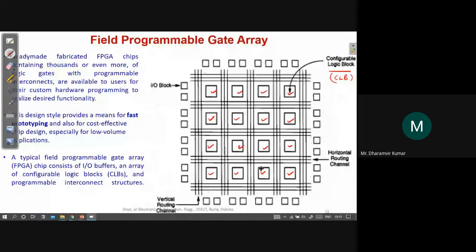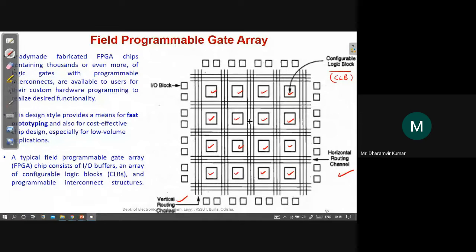But when you are using multiple CLBs, they are located apart from each other. You need to connect them in a proper fashion, so you should have some sort of routing facility. We have vertical routing channels here and horizontal routing channels. These are horizontal wires and these are vertical wires, and these are programmable in nature because the connections are dynamic.